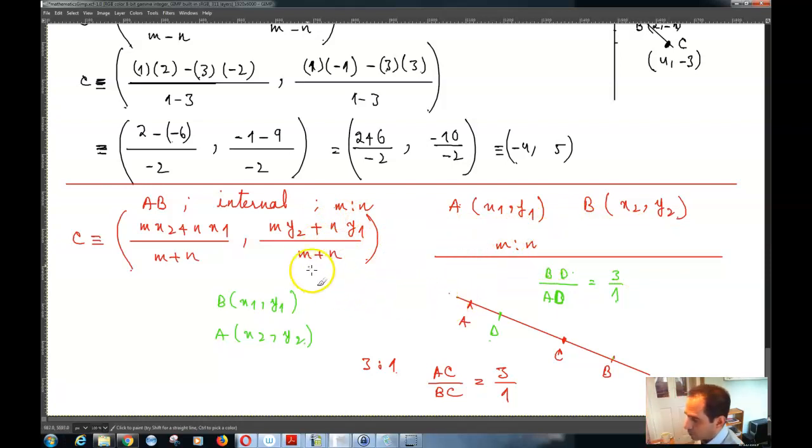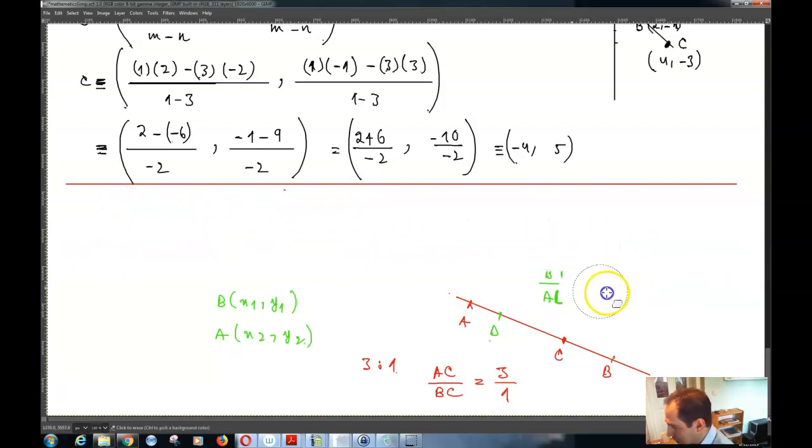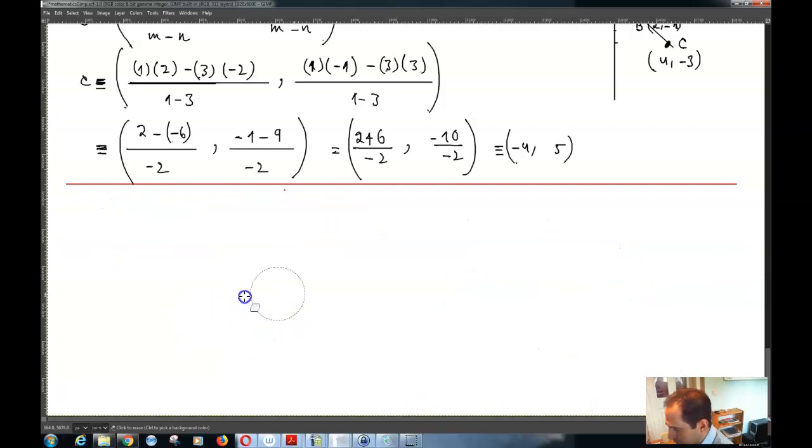Okay, now this is about the internal division. Now when it comes to external division, it is the exact same thing, except that the definition is a little bit different. So when you say that the point C divides, for example, the line segment AB externally in the ratio m to n,